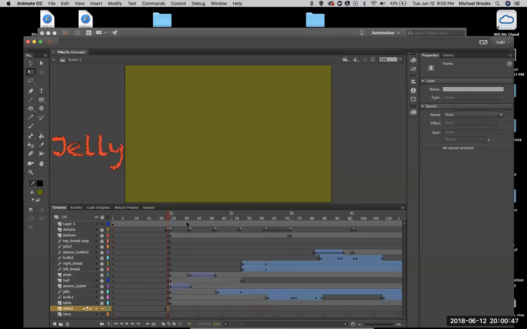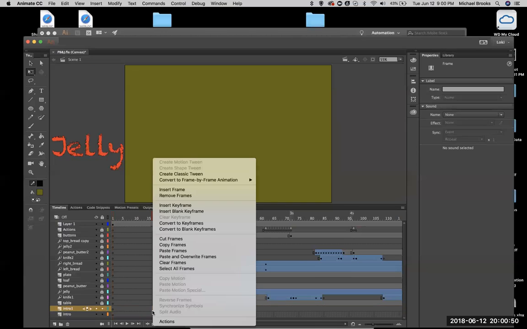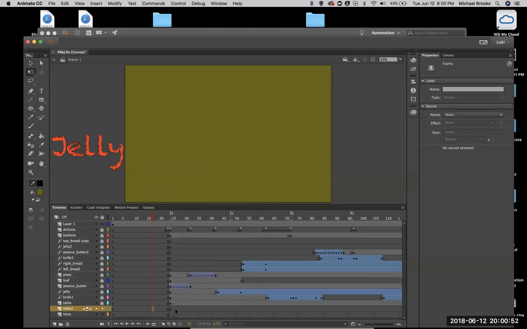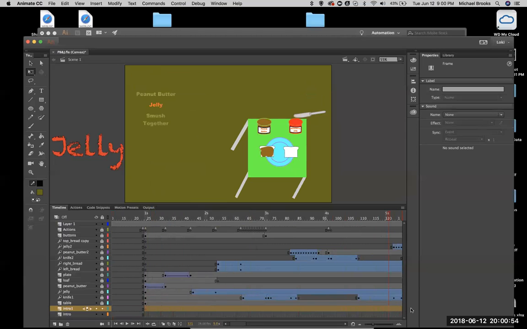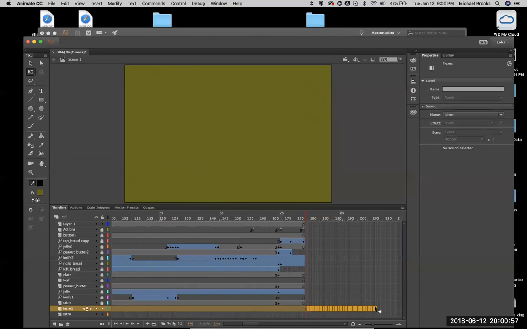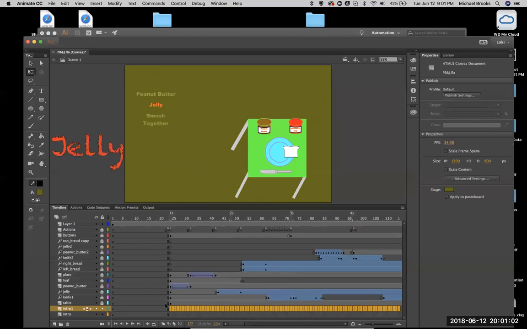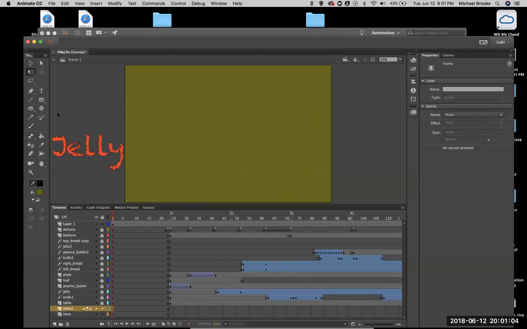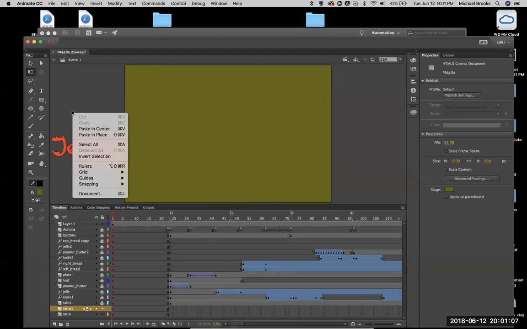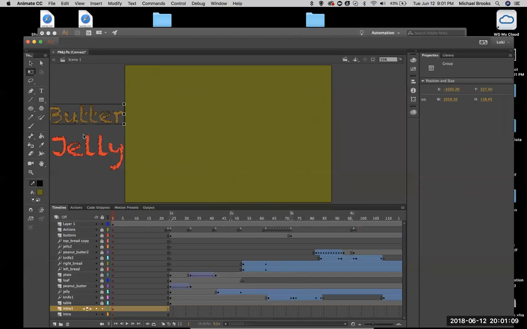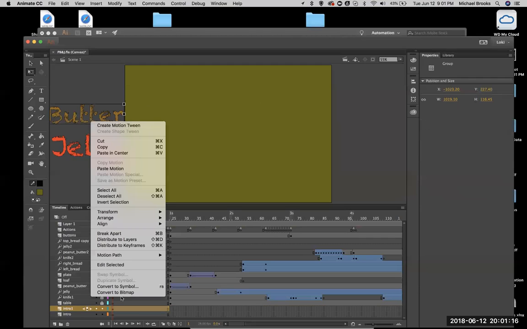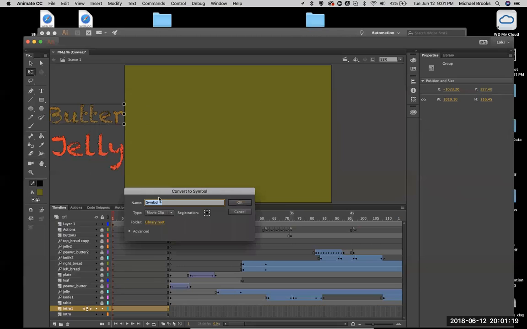All right, so now right here, convert to keyframe. We're going to insert a frame. And again, we can just delete this. So we're going to right click and remove. All right, so now what I want to do, click, paste in place. All right, now the peanut butter is going to zoom in. So we're going to click on that, right click, convert to symbol. It's going to be a movie clip,